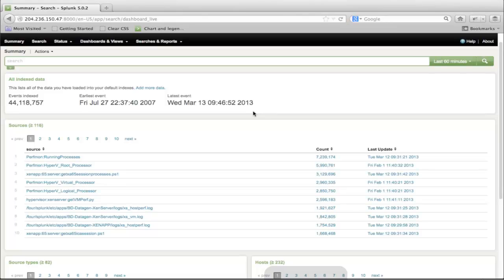Conversely, you can install what you can think of as an agent, which we call a universal forwarder in Splunk terminology. It's just a Windows service on a machine, and you can say, go collect all this information on this machine and send it over to the Splunk infrastructure. We can collect data that way as well. Most of our desktop virtualization customers are using the universal forwarder to collect the data and send it over to a set of Splunk servers that are load balancing it.